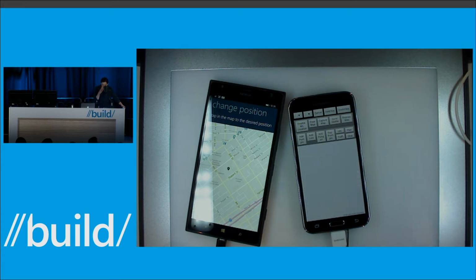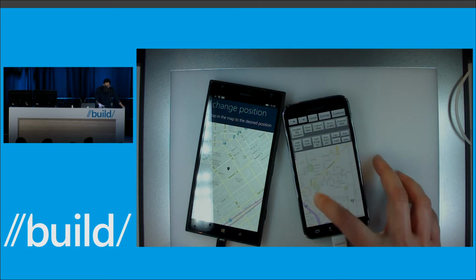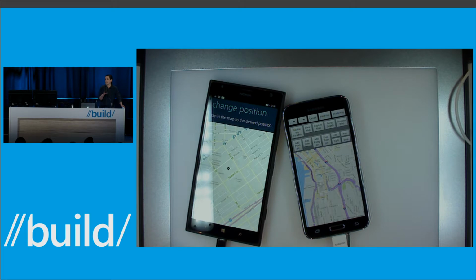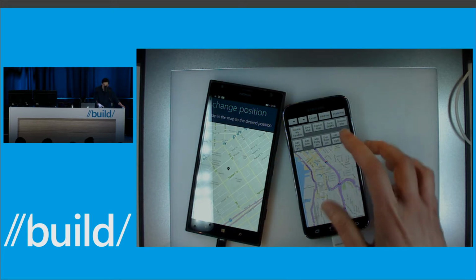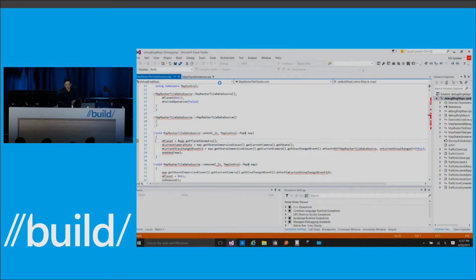If we go to Seattle, this will take just a second. You can actually see the Seattle map getting loaded here. I can pan around. You can see I'm going back to Seattle. So you can actually see that native C++ component is running and debugging. Now I'm starting to load the rasterization images for the traffic control. And if we go back to 7, you can actually see that I have hit a breakpoint here.